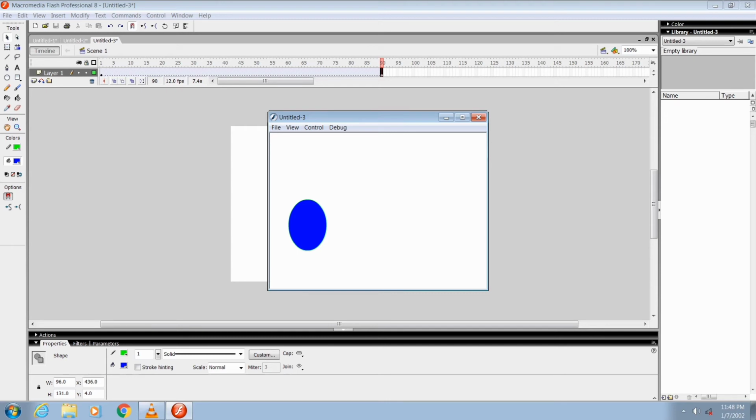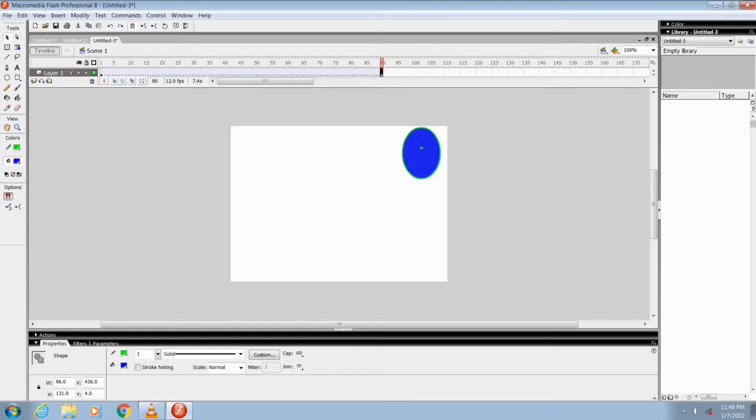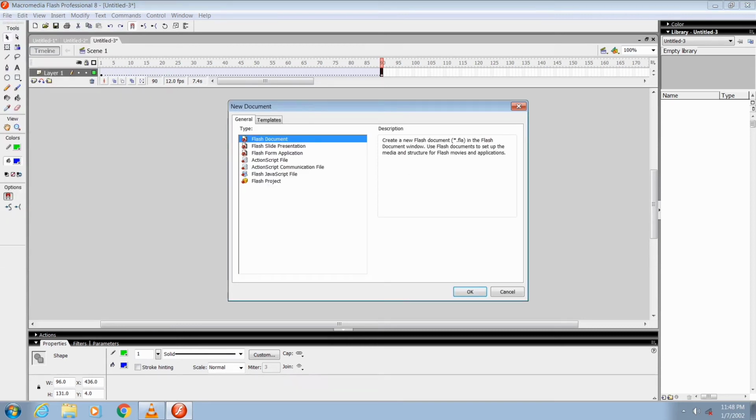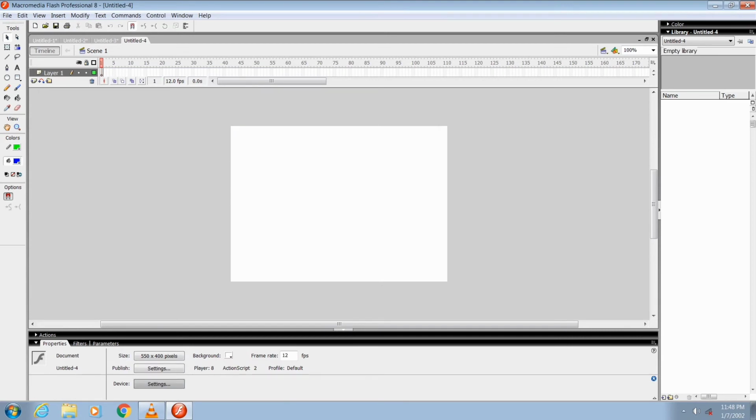Now I will tell you about creating a shape tween animation. For creating a shape tween animation, we will draw. Firstly, click on frame 1 to select and draw an object.